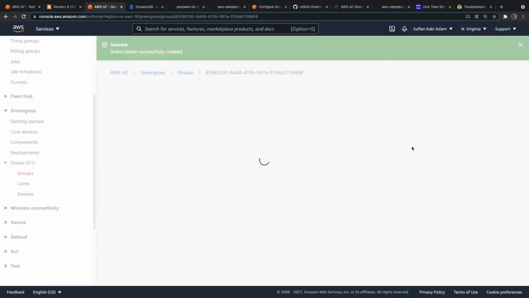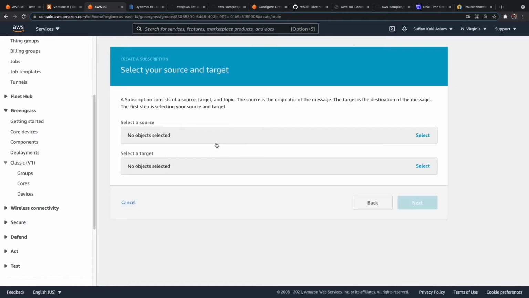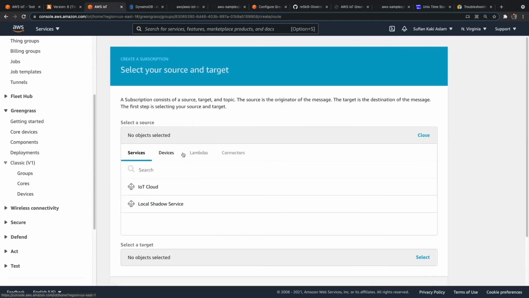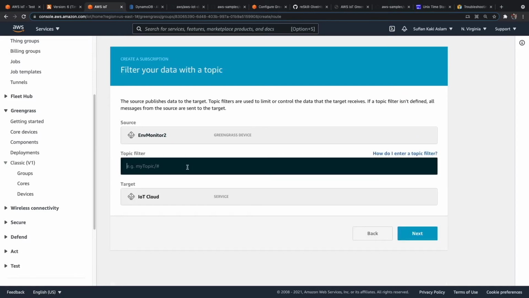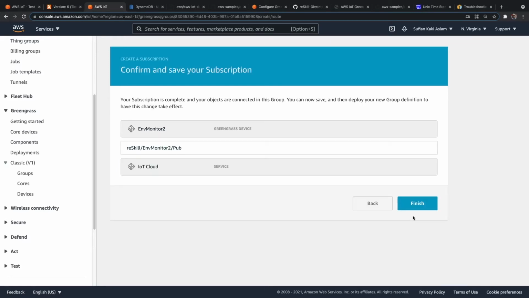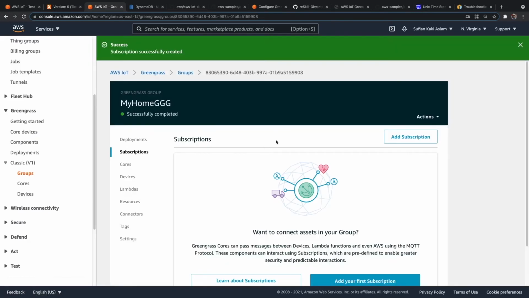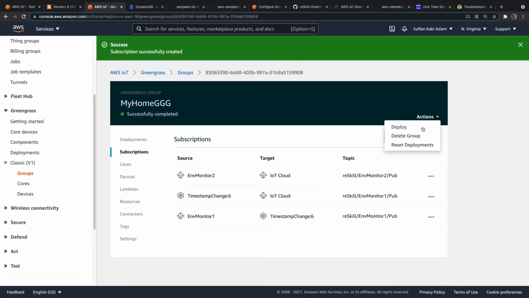So finish it. And one more thing we want to do is like the env monitor 2's data, we want it in IoT cloud directly. And it publishes in this topic, so we can make sure we have all the subscriptions we need, and then we can go ahead and then deploy it.